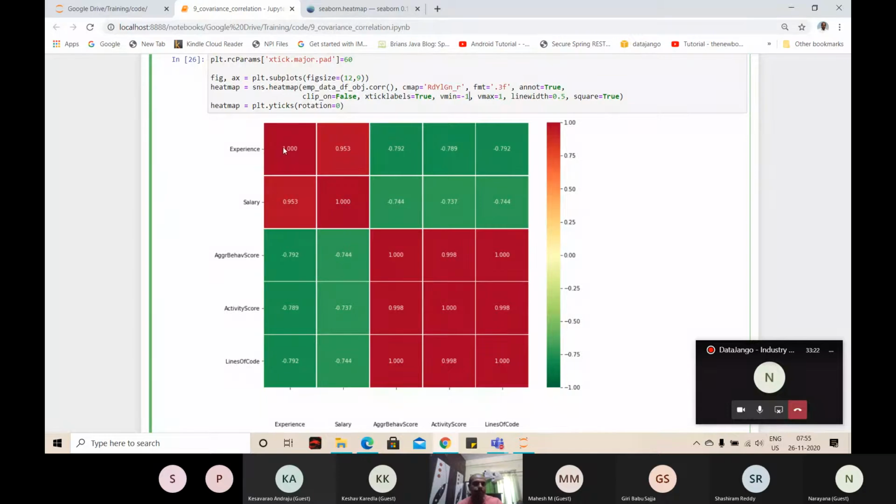Why? Why is it all 1? If you look at the diagonal, will we always get 1 in the diagonal in the correlation matrix? It is related to its own. So experience is related to experience. So when you take experience and experience columns and try to calculate correlation, one is increasing, the other is strictly increasing. So you got 1. Okay. So that's a simple thing, but I just wanted to see whether you are listening or not.